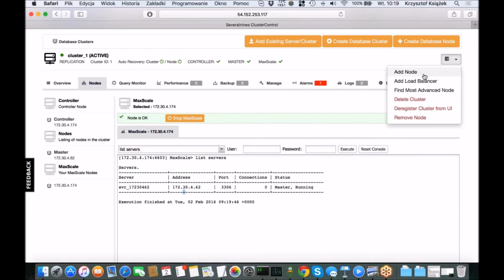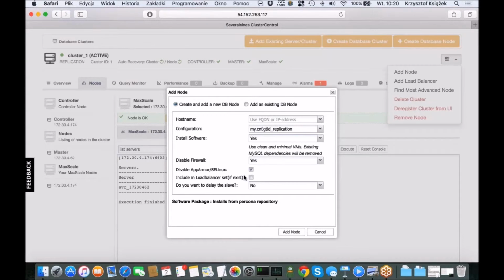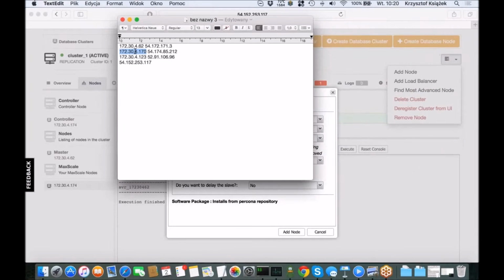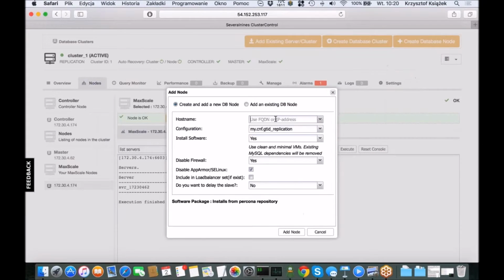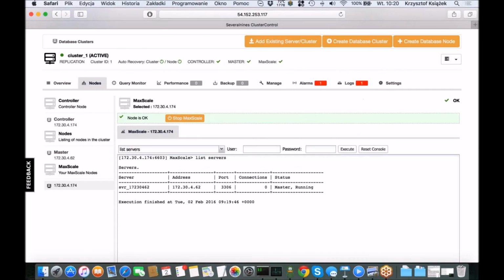So for now, let's add another one. Let's add a slave to our deployment. We will include it in the load balancer, and for now maybe we don't want to use a delayed slave because it doesn't make sense if we are including the host in the load balancer. So yeah, that's it,